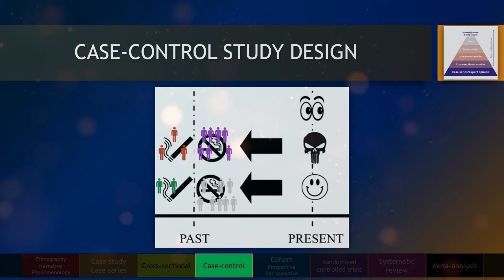Given these findings, how do you think the 2x2 table will look like? I will leave it up to you to construct the 2x2 table for this particular study design. As a hint, it will not be the same as the previous 2x2 table from the cross-sectional study design. But as another hint, the 2x2 table is quite obvious from what is shown on screen. From these observed data, we can then calculate the odds ratio. This will be discussed more in the data analysis lectures.